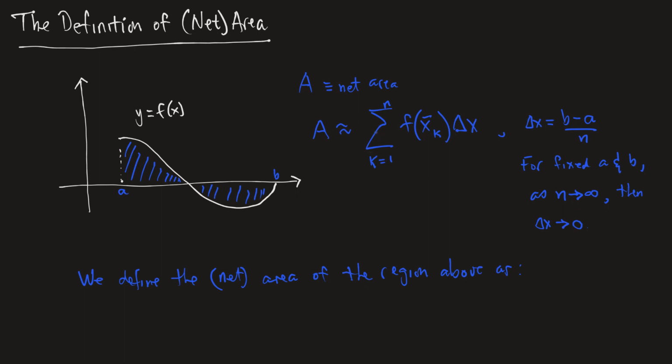There are two ways I could say it. I could either take the limit of this Riemann sum as n goes to infinity, or as delta x goes to 0. Either one works, I'll use delta x,